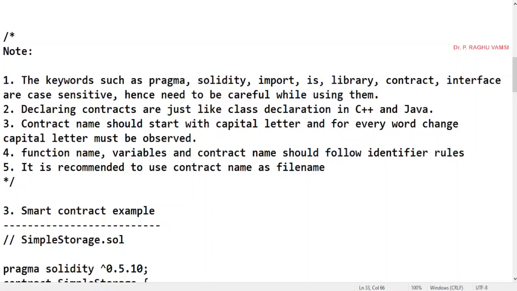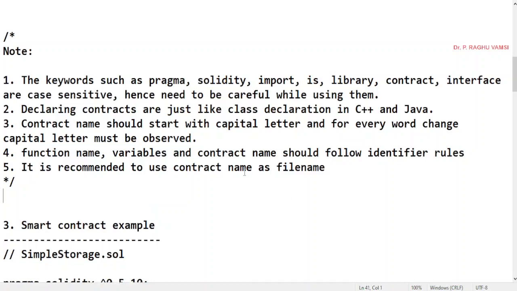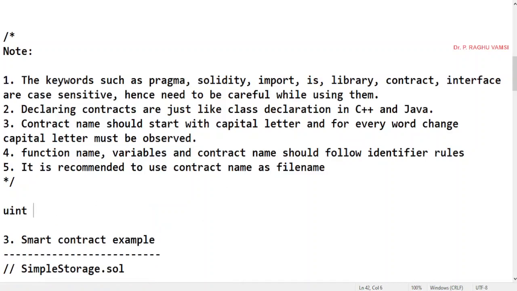This means you can write the identifier name, for example, to represent uint data, like this. This is also a correct way of representing an identifier name. Identifier means a variable name, function name, or contract name. All these are identifier names.